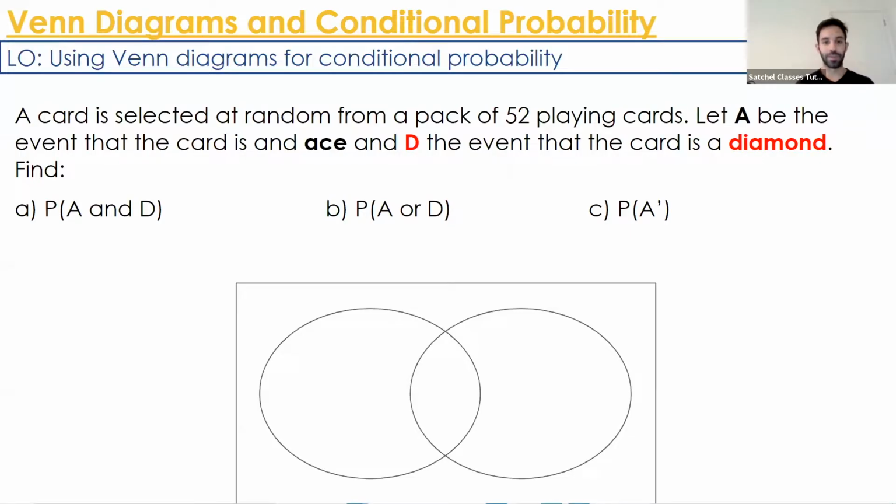Hi math students, it's Mr. Hajgasum, and today we're going to learn how to use Venn diagrams to calculate conditional probability. Now, just to do a recap